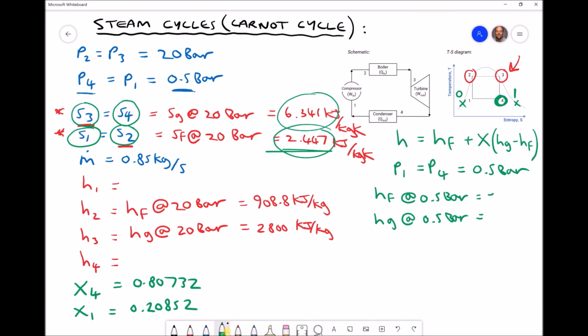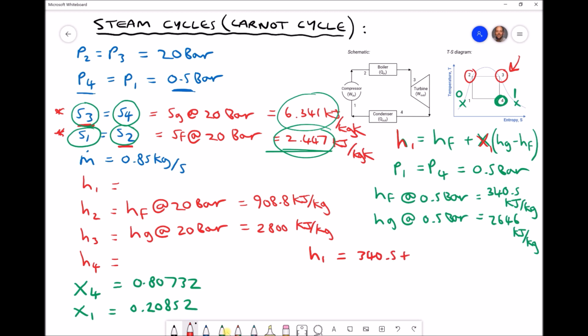HF 340.5 kilojoules per kilogram and HG 2646 kilojoules per kilogram. Now this time we don't need to rearrange our equation because we're actually trying to find the enthalpy at each of those positions. So if we refer to the top, we can write H1 equals HF plus X1 times HG minus HF. H1 then equals HF, 340.5,